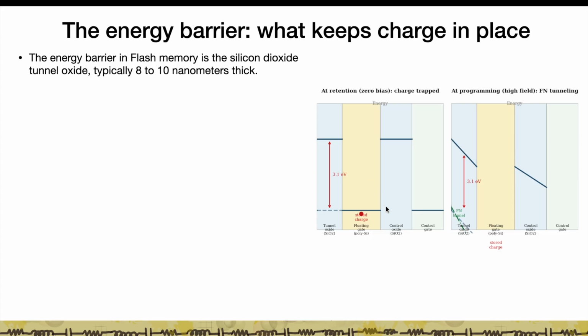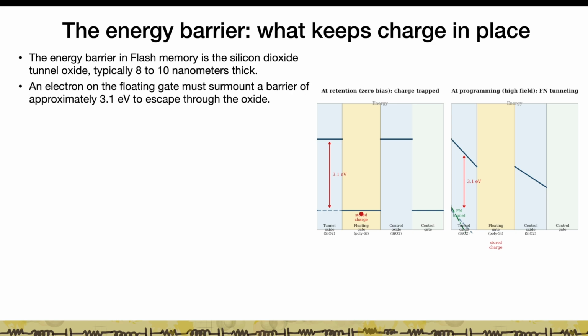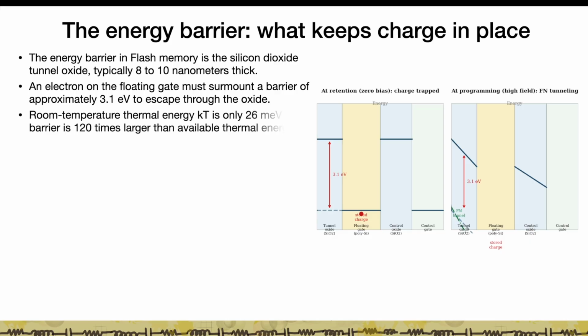It's called a floating gate because it has no electrical connection to anything. It's an isolated conductor buried inside the device. The left panel shows the energy band structure of the storage stack at zero bias, the retention condition. The silicon dioxide layers appear as tall barriers relative to the silicon channel below and the floating gate in the